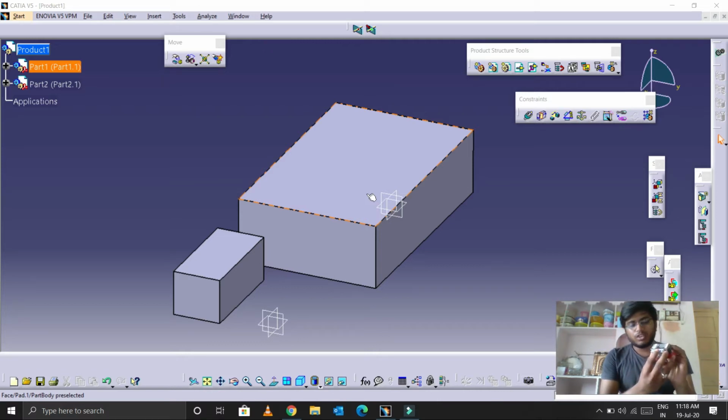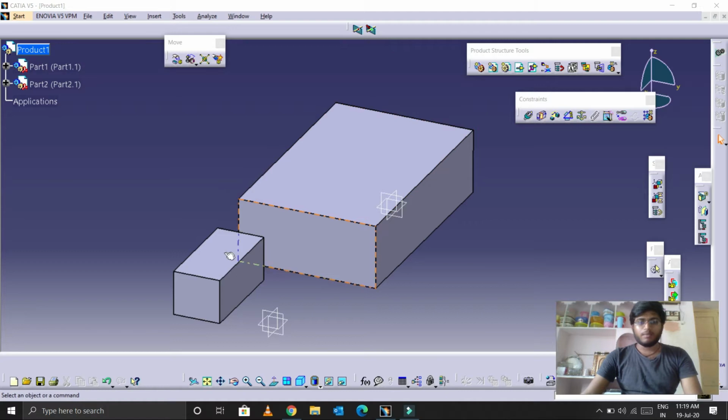To keep it in the same straight line, the contact constraint will be useful for us, and to keep it some distance backwards, having this distance, this distance can be marked with the help of the offset constraint. So let me show you in the sketch.